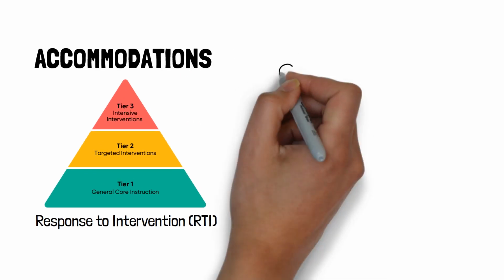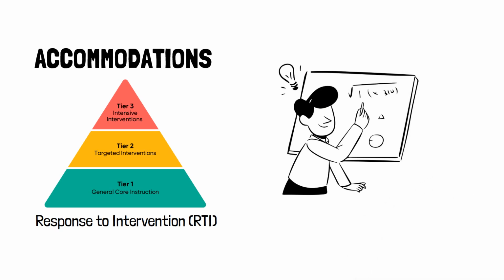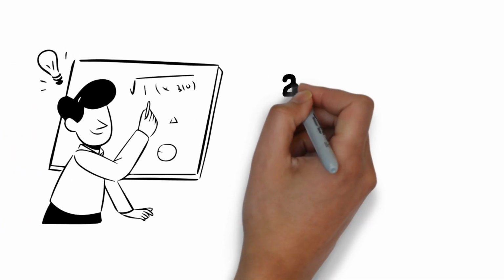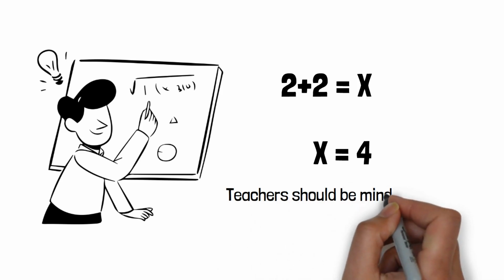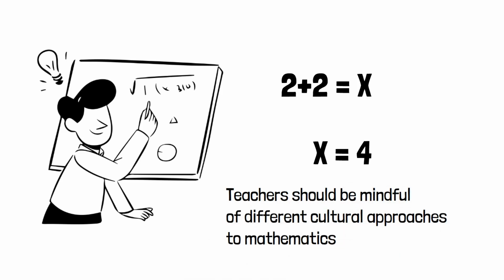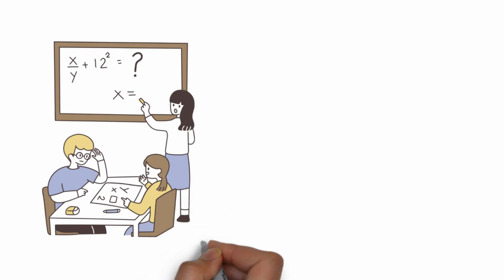Understanding how we do mathematics is culturally determined, which necessitates culturally relevant instruction to ensure individual student approaches are presented and showcased. For example, students should not be required to show steps, disregarding the way they learned. Students should be encouraged to elaborate on how they did it and show others the process they used. Teachers should be mindful of different cultural approaches to mathematics. Valuing students' identities in culturally responsive mathematics instruction involves presenting and showcasing individual student approaches.